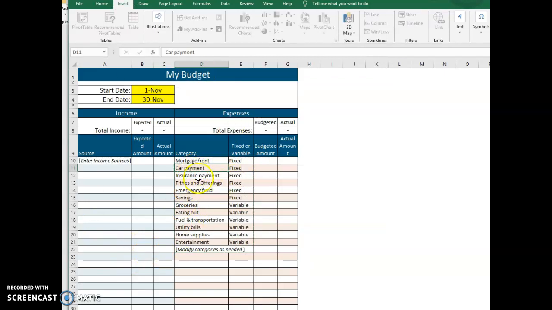So the big thing that you will use this for is to organize or categorize your expenses from the most important to the least important. So, for example, if paying your tithing always comes before your mortgage or your rent, you will want to put that first. Okay, and then